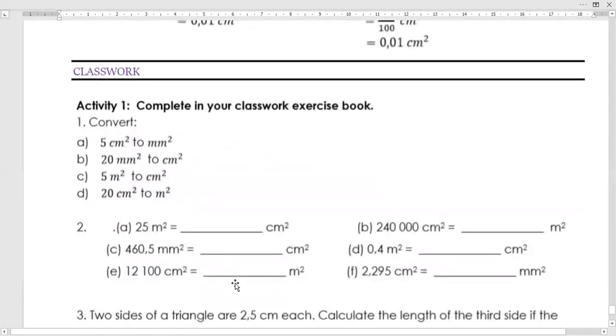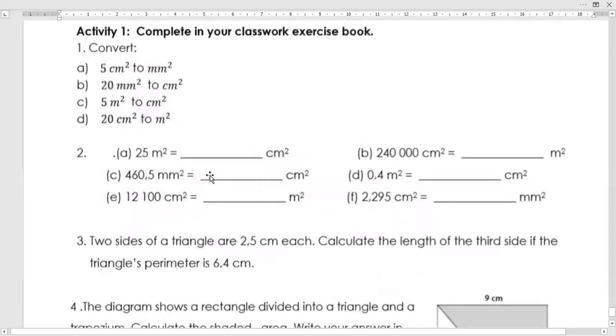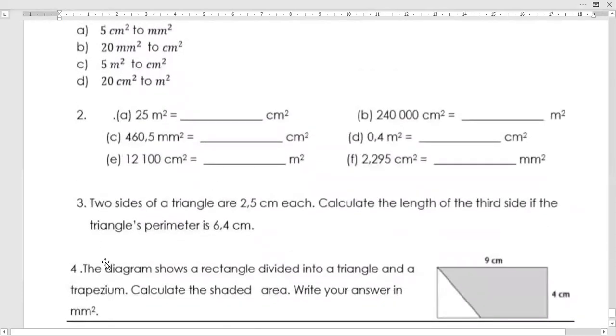Then for the last thing, I want you actually to do this for me. This is your classwork. This is what I need you to answer by yourself. So basically taking things, changing it into different measurements, making sure that you understand that. And then the last few are when you actually get shapes. So then you have the shape that needs to be changed